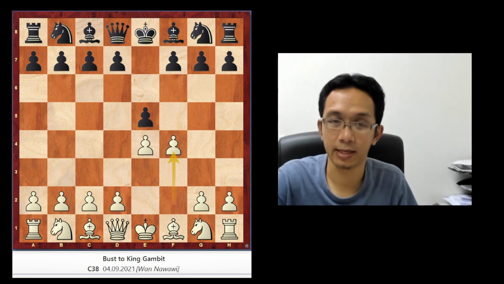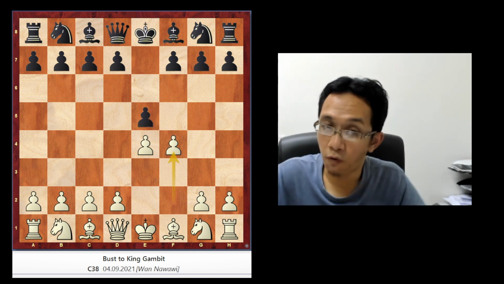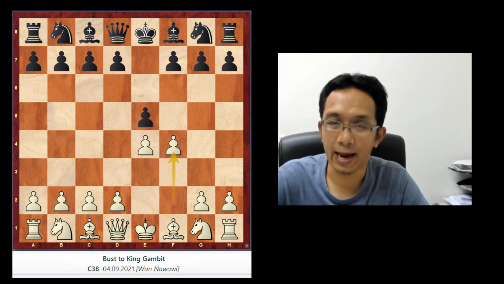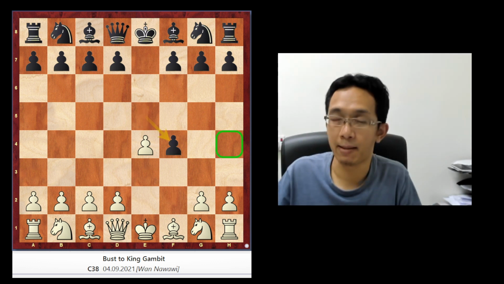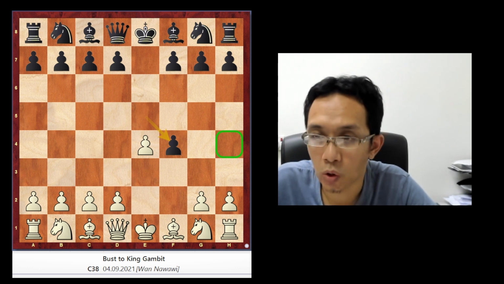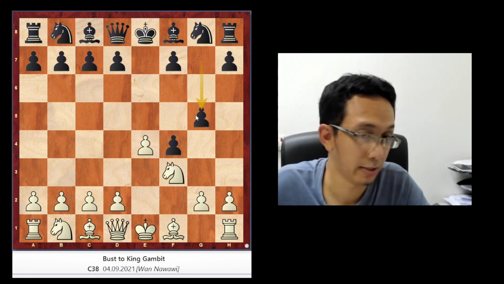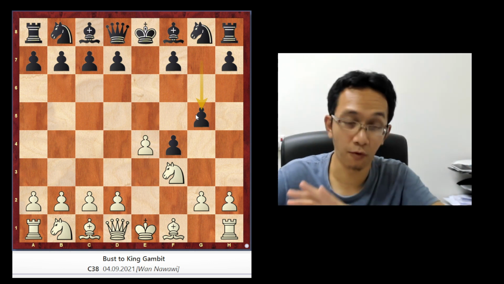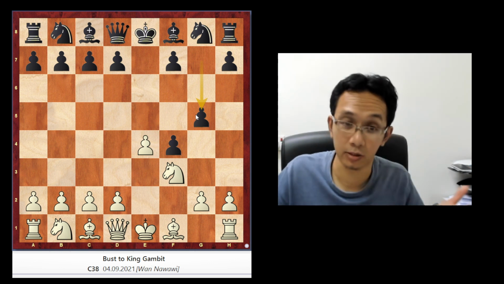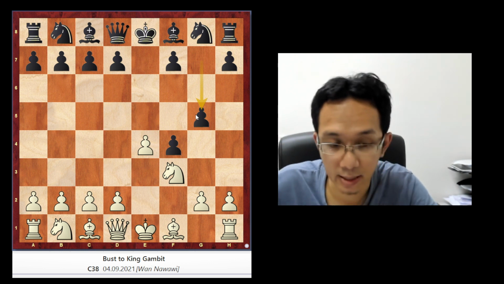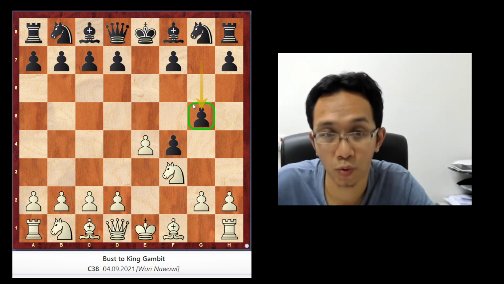In this case, we say that white offers a gambit and black accepts the gambit. So when you play like this and the main line is this, g5 is normal lah. Even for those who have never played the King's Gambit, this is quite wow, this is crazy. But this pawn is protected by this queen.